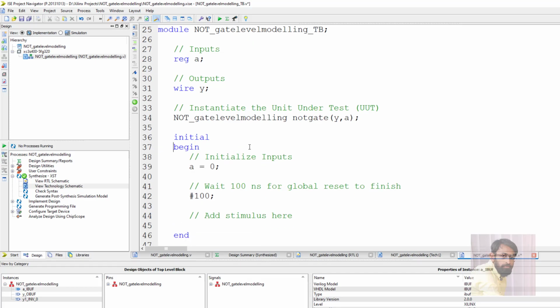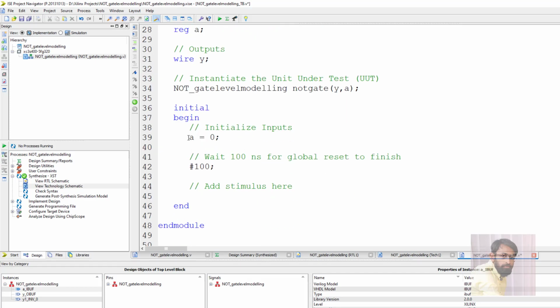Next, between initial begin and end, we have to give the test vectors. As there is only one input, there are two combinations. One is a equal to 0, after that a will be 1. Save it.